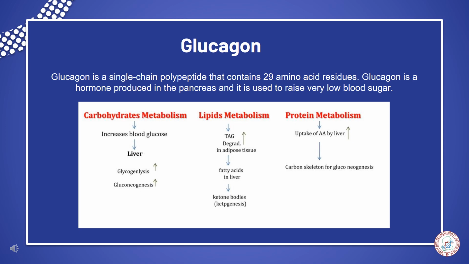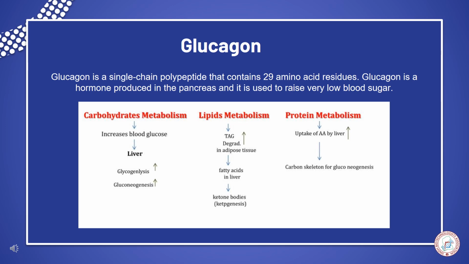So in the liver it increases glycogenolysis or gluconeogenesis. And if we talk about lipid metabolism, inside the adipose tissue it will increase the degradation of triglyceride, and the fatty acid will be taken up by the liver, or it will also accelerate ketogenesis, the ketone bodies formation. And lastly, if we talk about protein metabolism, it will degrade the protein in order to make the liver take up more and more amino acid, or to provide the carbon skeleton for